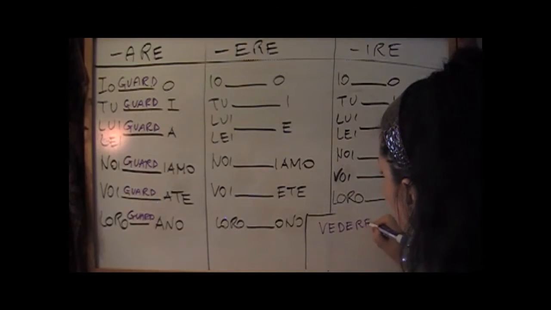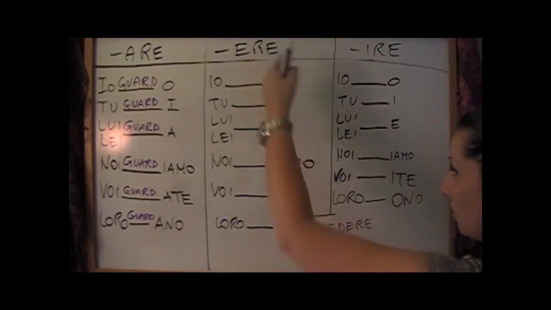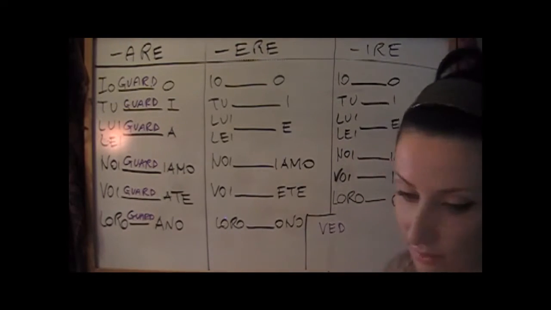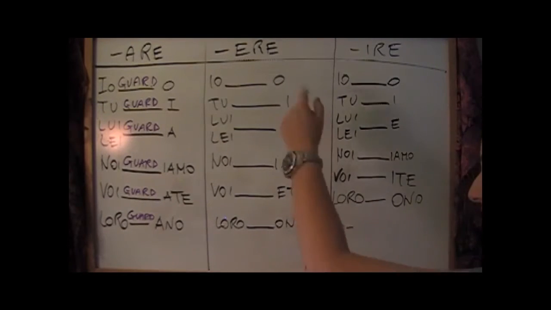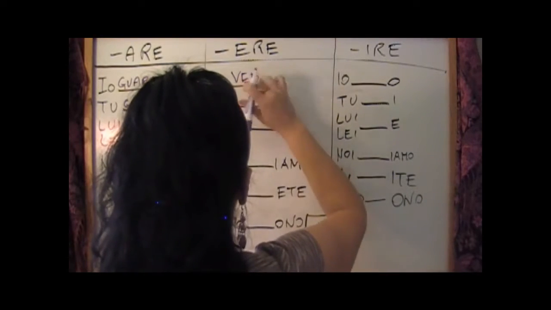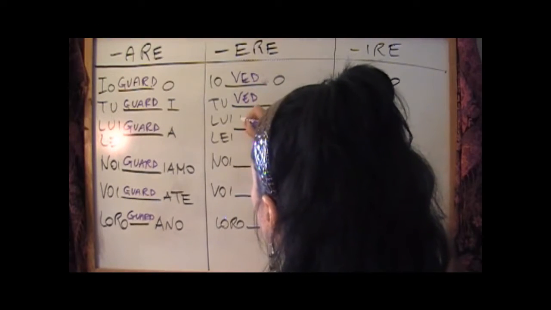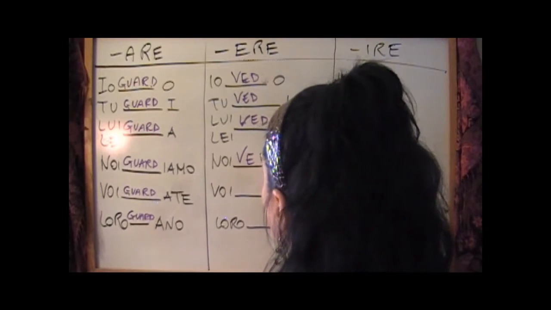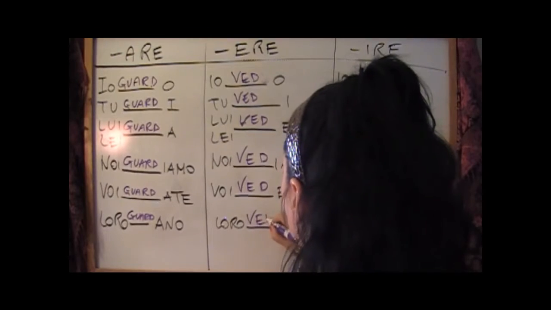Let's do vedere. Vedere, that means to see. I told you the difference. So, what you do, ere. So you understand you gotta use this one because it's ending in ere, it is the second group. Let's delete the last three letters of vedere. We find the stem. The stem is ved. Let's punch it here. Io vedo. Just the stem. Tu vedi, lui, lei vede, noi vediamo, voi vedete, loro vedono.